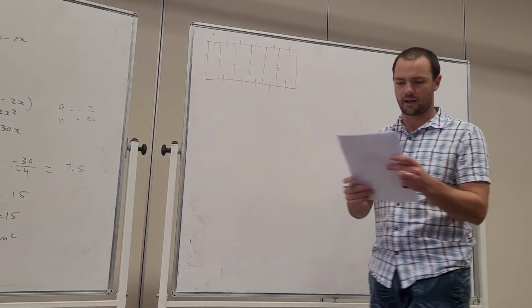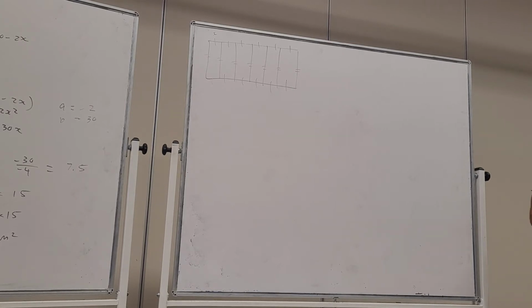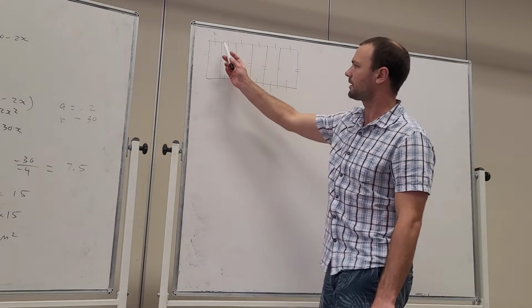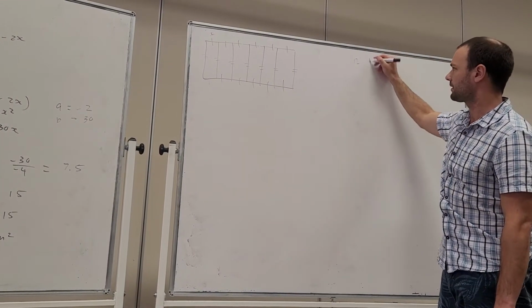Okay, explain why 12x plus 7y equals 1200. So we've got how many lengths of x? We've got 6 along the top here, 6 along the bottom here. We have 12 lengths of x